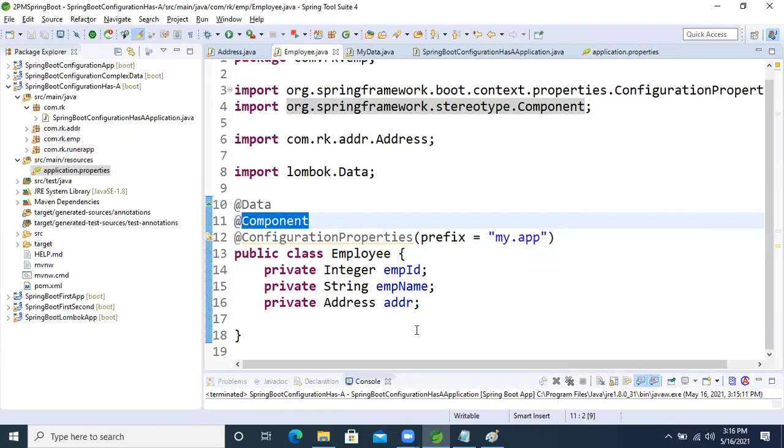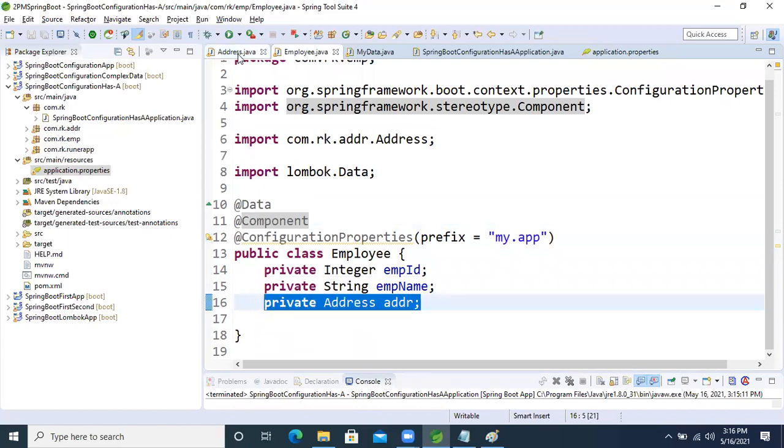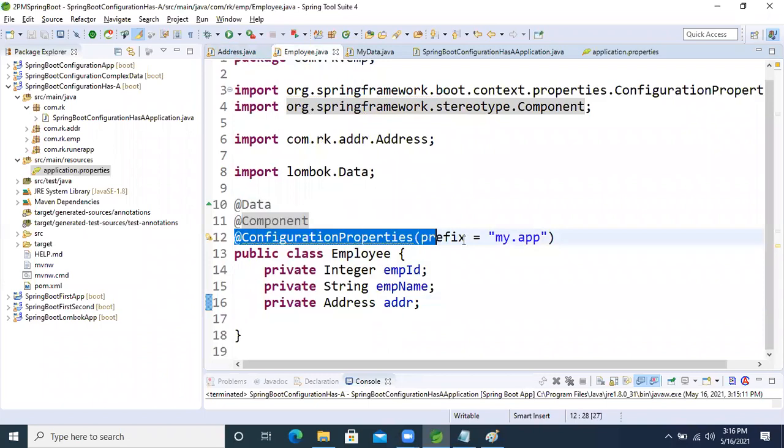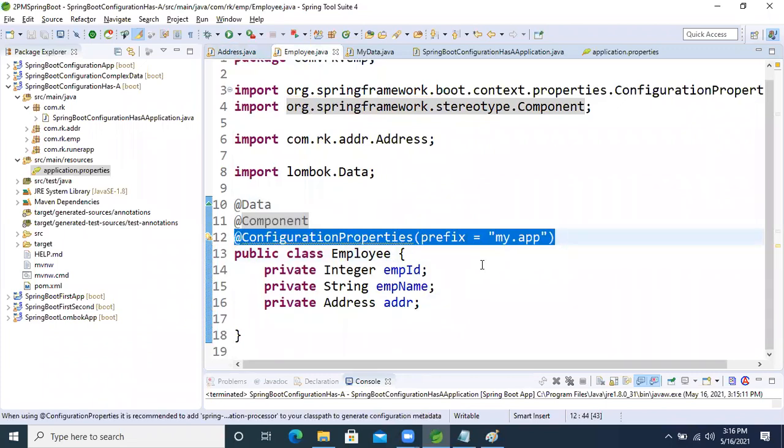In the Employee class we are using association, the Address class is there. Here I'm just taking the setter and getter methods, but I'm not applying @Component on top of it, because whenever we apply it on a class, the dependency class object will also be created based on the configuration annotation.